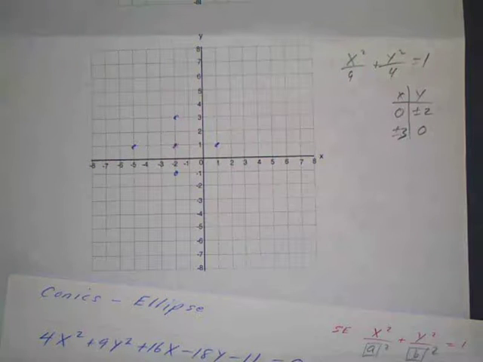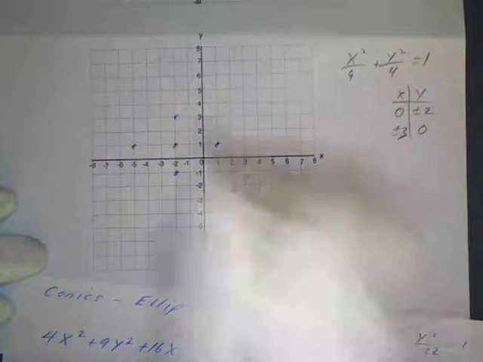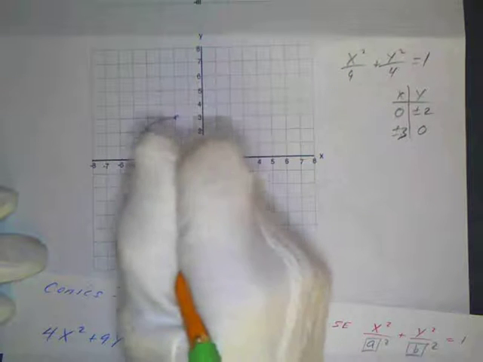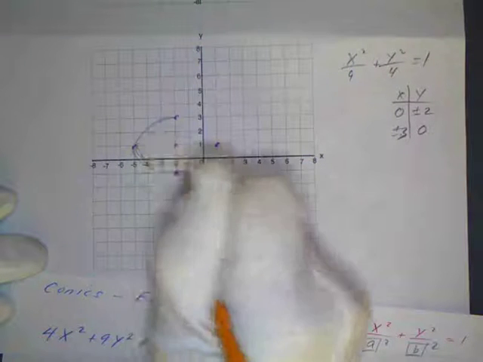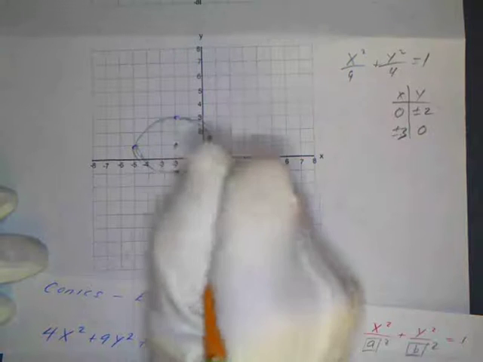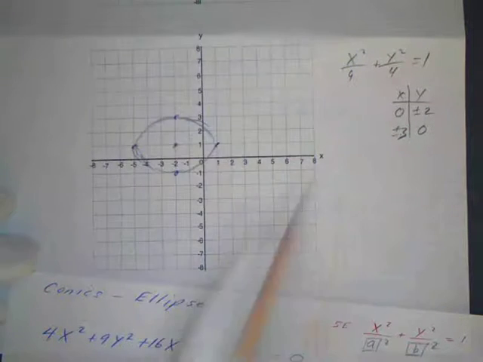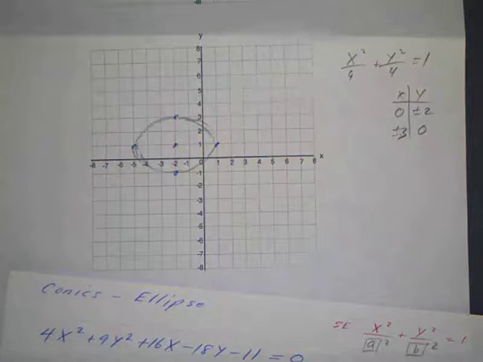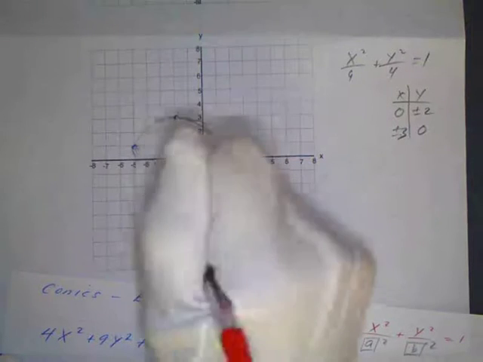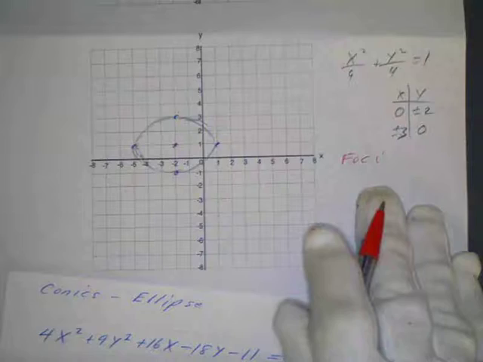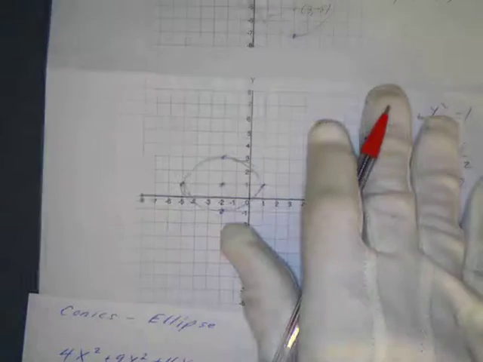This will be a little bit easier to draw because it's a little smaller. I hope. And there's your ellipse. Okay, and then if I want to find the foci, my center here, these are my 4 vertices. If I want to find the foci, I'm going to use